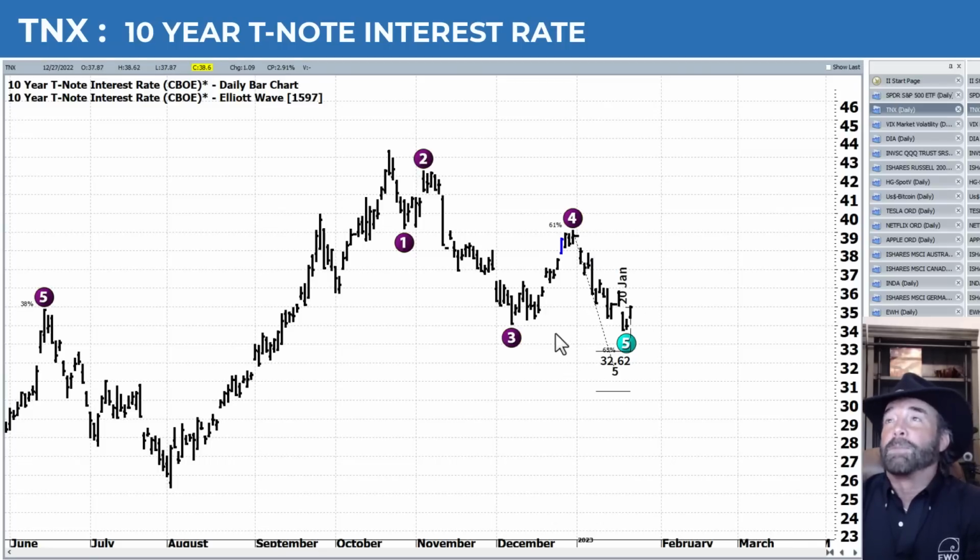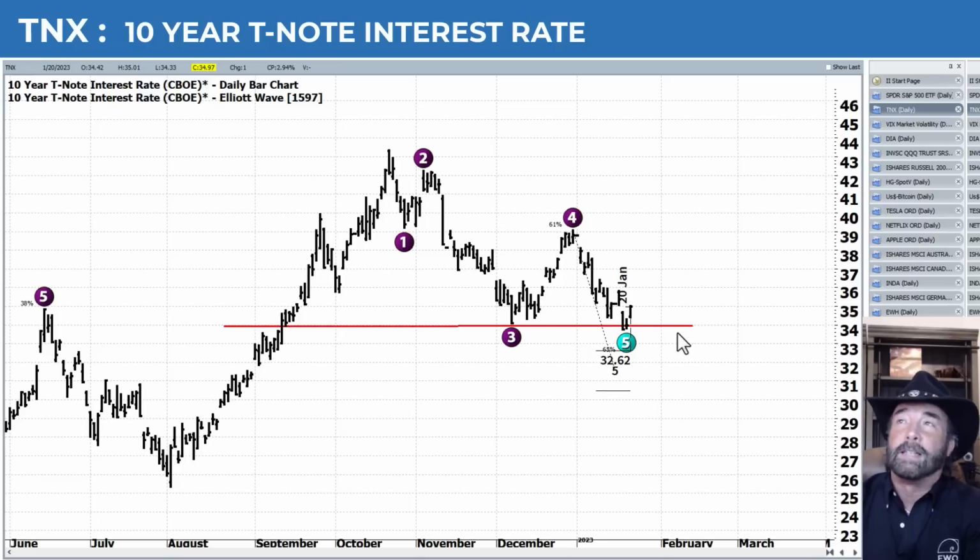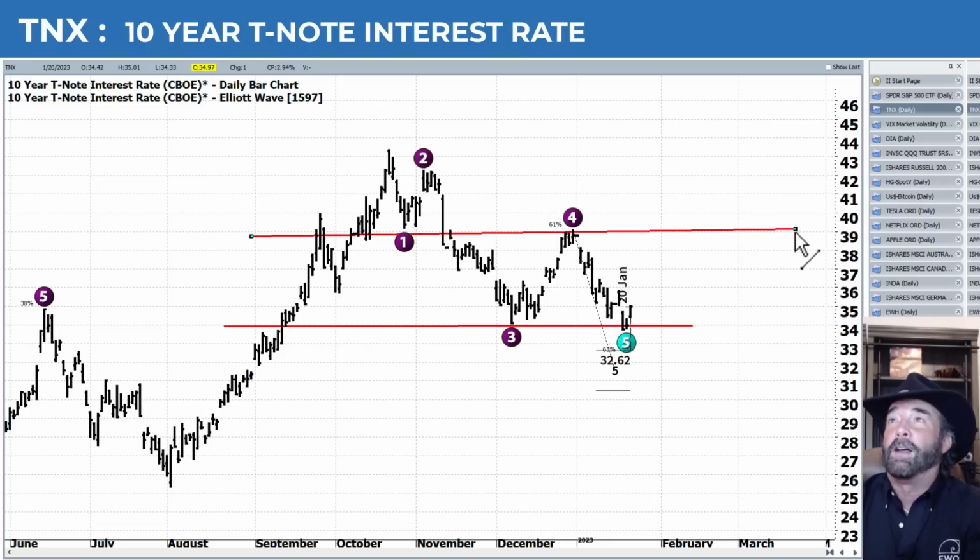And we talked about in TradeFinder the fact that I would like to see interest rates stay in this range. You can see we can go a little bit lower on this wave 5 target. We did bounce off of this support area today, so slightly higher on rates. Interesting that the market finished to the upside nicely today, even though we did have a little bounce higher in rates. But if we could stay in a trading range right in through this area, it means that